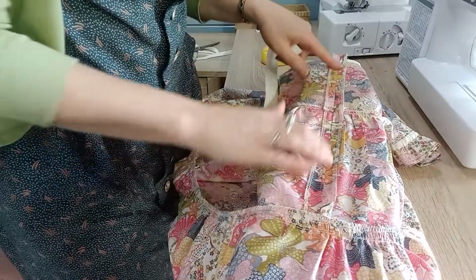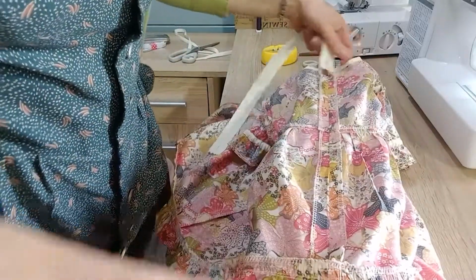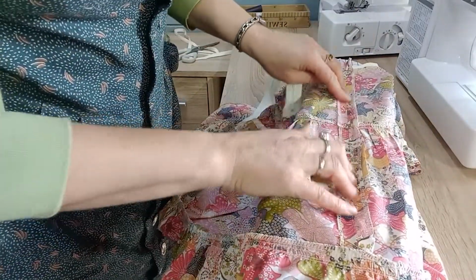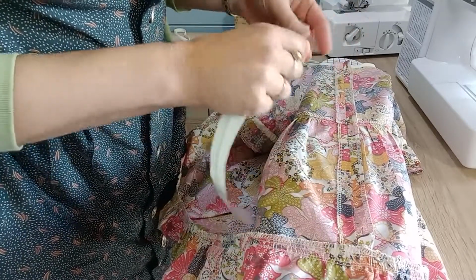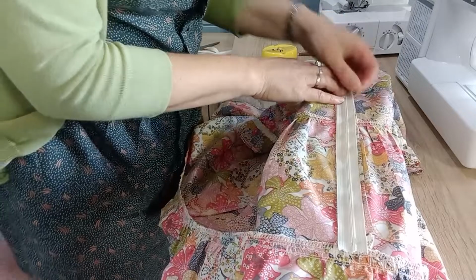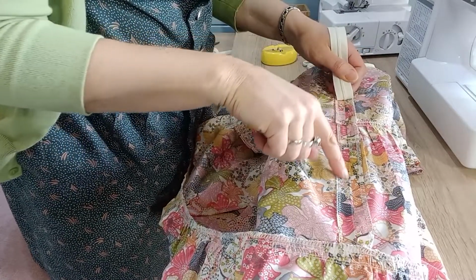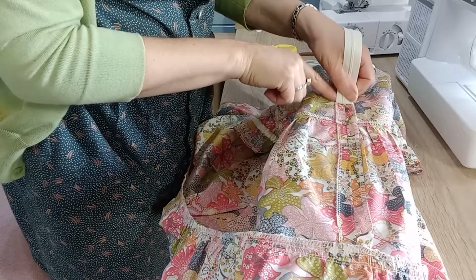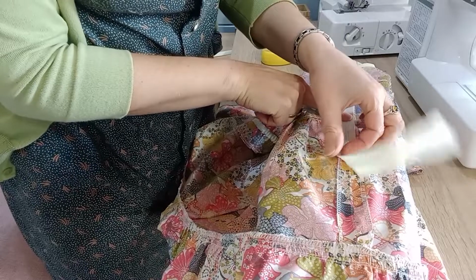Okay, I've machine tacked down that center line. I've used a 5mm gathering stitch, so it's an easy stitch to pull out at the end. But now I've got a line that I can put my zipper teeth down. So I'm going to be following the line down the center here that I've just made, and my zipper teeth are going to run along there all the way down,